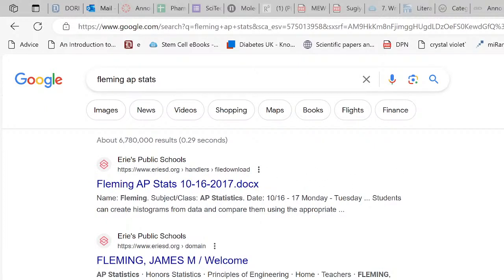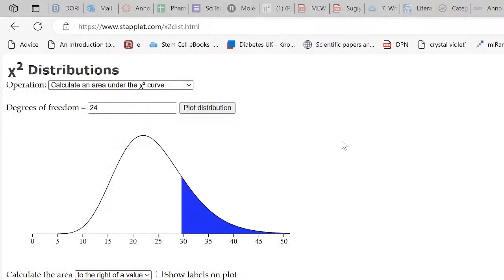Right now, I use the normal, and I'm gonna come down here, I'm gonna use the chi-square applet. So I'm just gonna click on the applet, and I want a chi-square distribution of 24. And it gives it to me. You see a little bit of skewness there. For really low degrees of freedom, it's got a lot of skewness. And I want the area to the right. It gives me an option: do you want the area to the right of a value, the left of a value, or in between two values? Most of the time it's to the right. That's why it defaults to that.